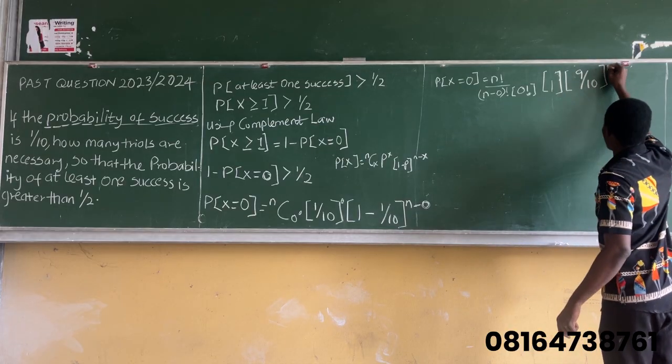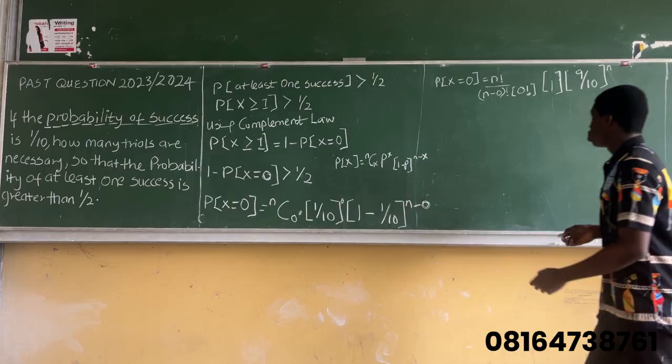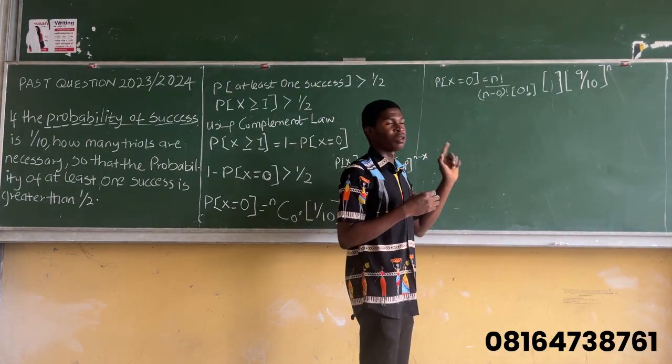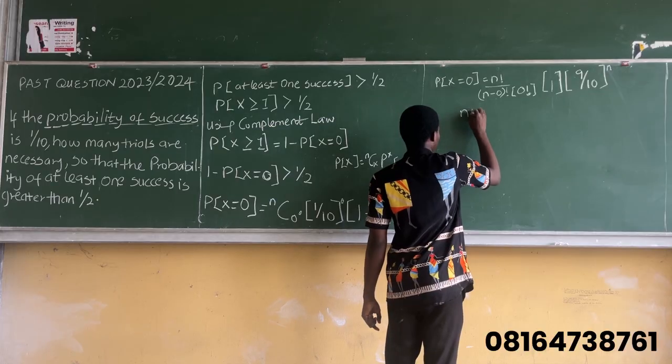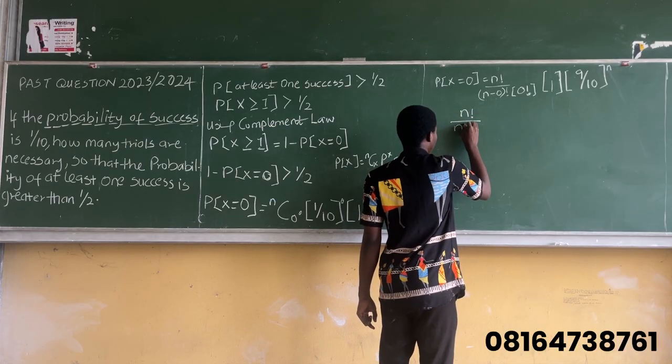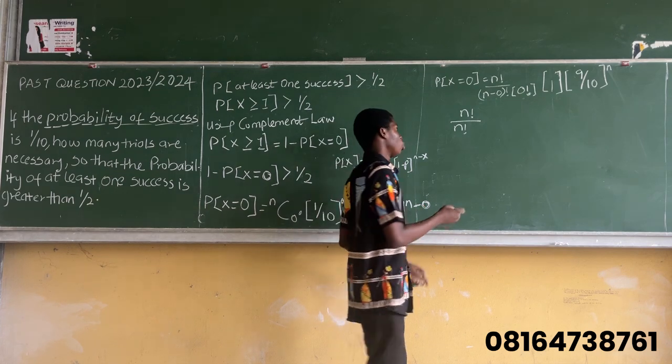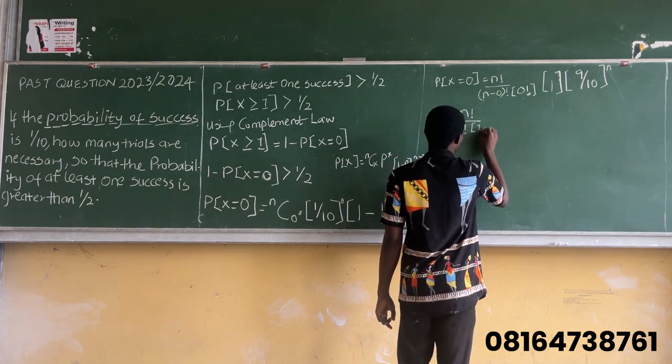So this n minus 0 is still n. So we are going to be working this out. N minus 0 from this equation, we can see n minus 0 is n. So this n factorial divided by n factorial. 0 factorial, we should note that 0 factorial is always 1. So this 1,